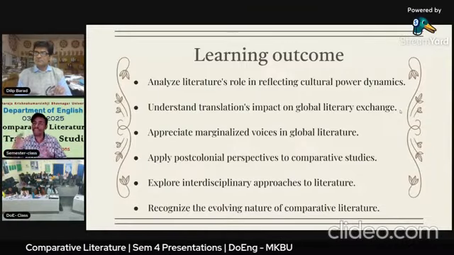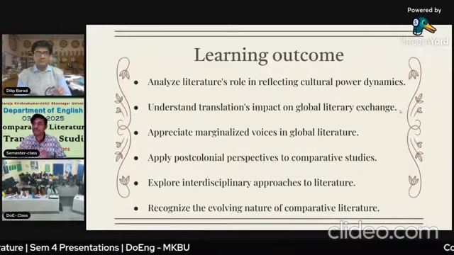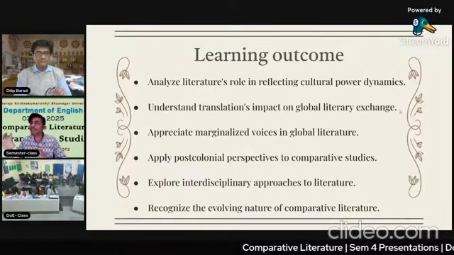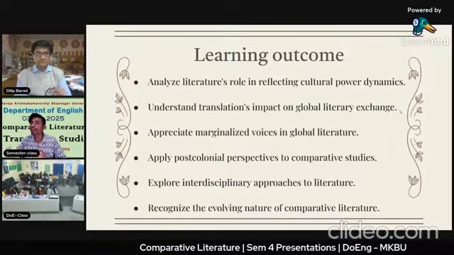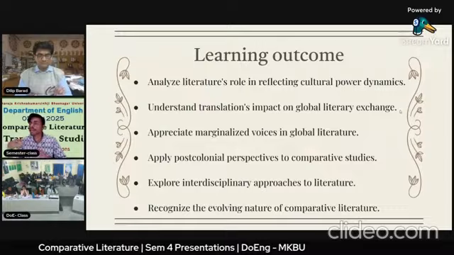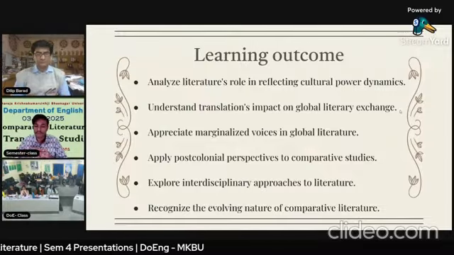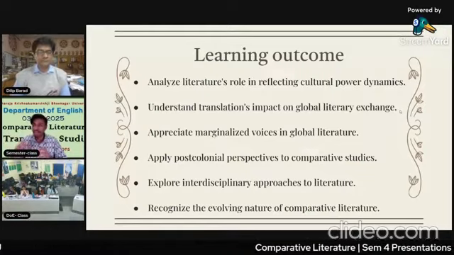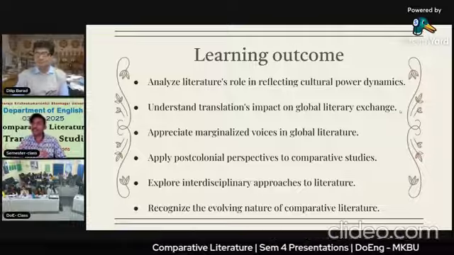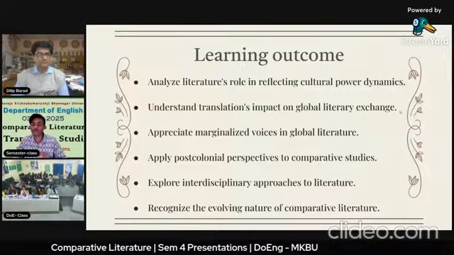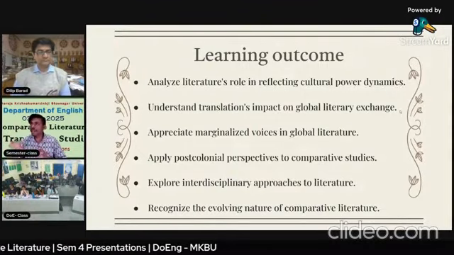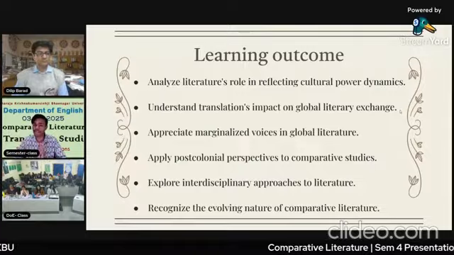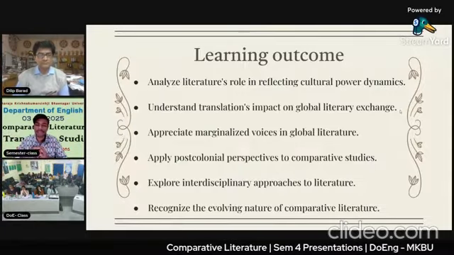In today's time, we also find that a lot of writers and authors are mentioning literature, how they understand it, and how they suggest their point of view as well, applying the post-colonial perspective to comparative study. As I understand, we mostly don't talk about post-colonial things, but when we come to know about comparative literature, then we also connect with the post-colonial, and explore the interdisciplinary approach